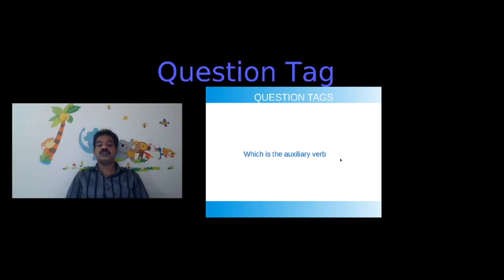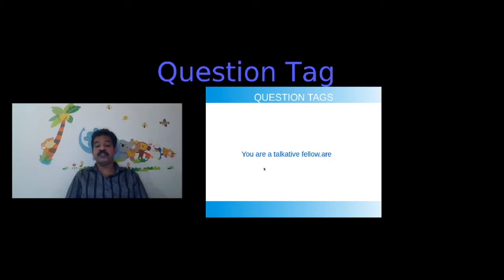And which is the auxiliary verb here? You are a talkative fellow. Actually, there is no auxiliary verb, but there is a primary verb. Which is the primary verb? Are is the primary verb in this sentence. So, when making a question tag, let's see how it is. This is our sentence: you are a talkative fellow. We put a comma after the sentence. Then